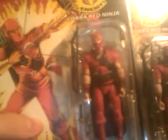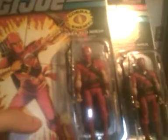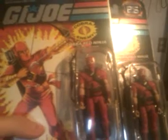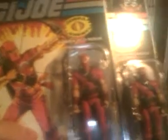It's kind of interesting though that they do have the 25th anniversary logo right there, and yet they could have also put "from the comic series" on these. But I have quite a few of these because of the figure, of course, and then also because of the Toys R Us exclusive that hopefully I do have and will be able to show later. So anyway,